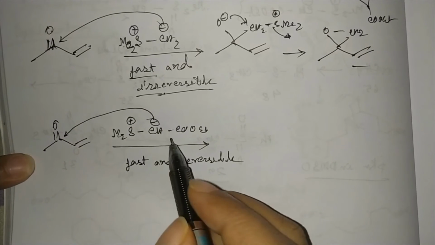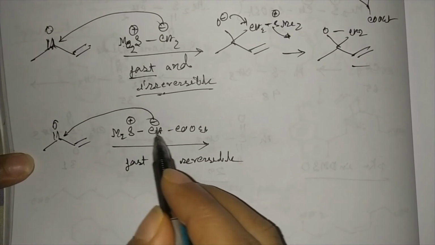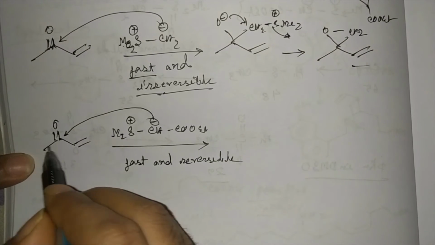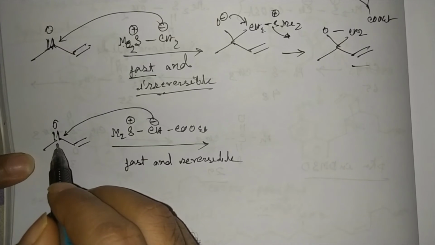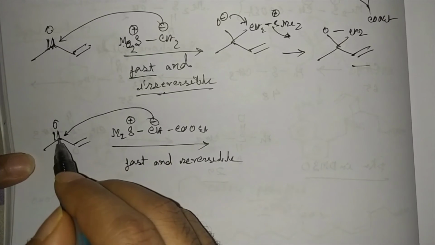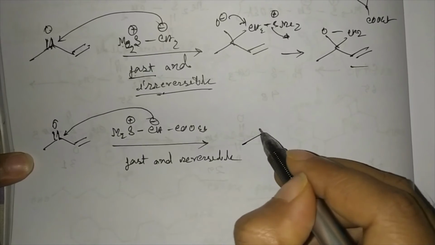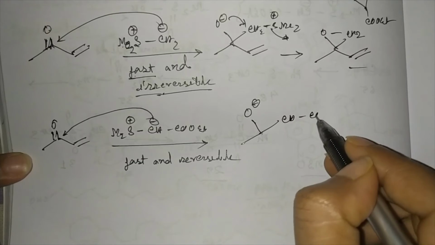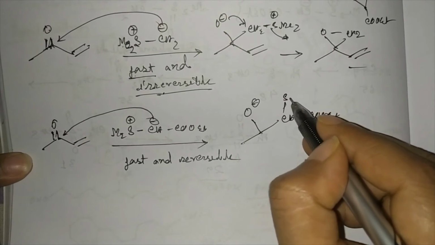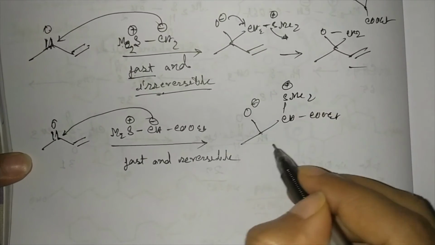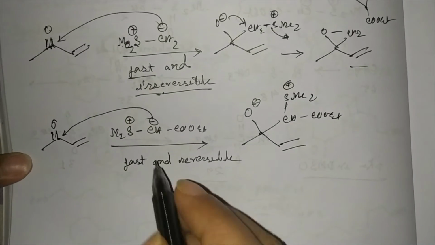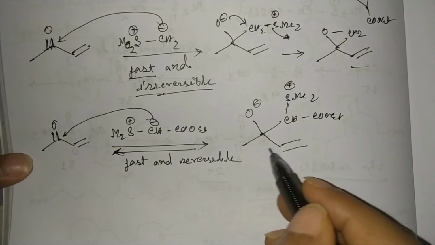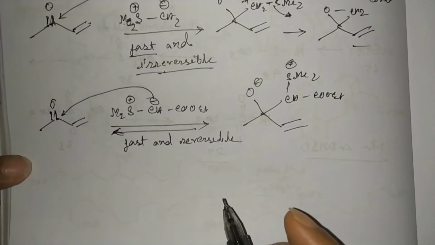here the ylide is a stable compound, and also the carbonyl group is stable. So if it attacks here, the compound that is formed, with SMe2 plus, is quite unstable compared to this, so the reaction is reversible and the product will decompose to the starting material. On the other hand,